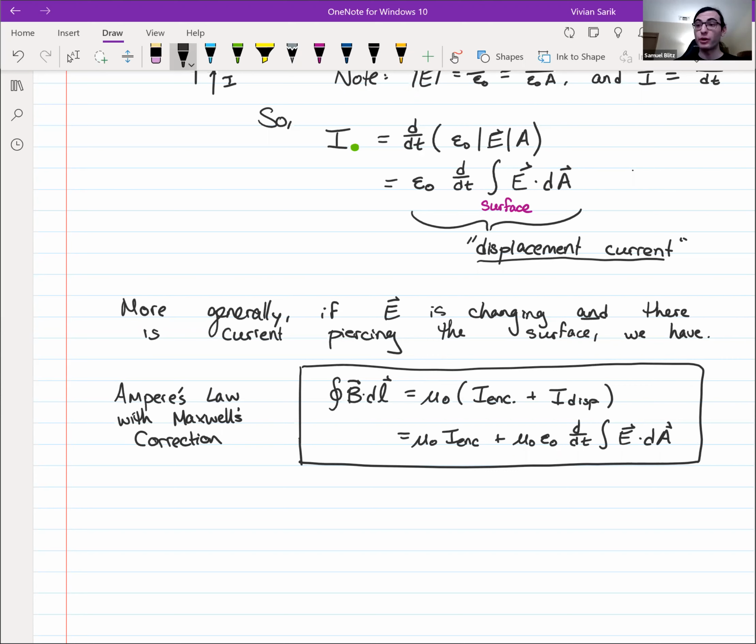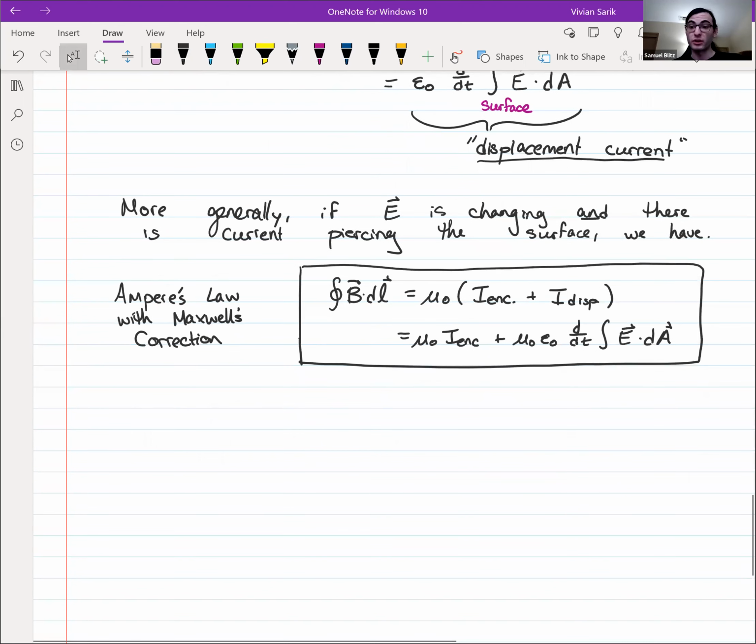And so just so you guys remember, whenever we talked about these new laws, Ampere's law, Faraday's law, Gauss's law, whatever, once you have an integral form, this is an integral form, it has an integral on both sides, and even this current, that's really just an integral over the current density, J, you can write them in terms of a local form using either Stokes' theorem or the divergence theorem. In this case, it's an expression about Stokes' theorem. And we're going to rewrite this much the same way that we used the Ampere's law without Maxwell's correction. So the local form becomes,